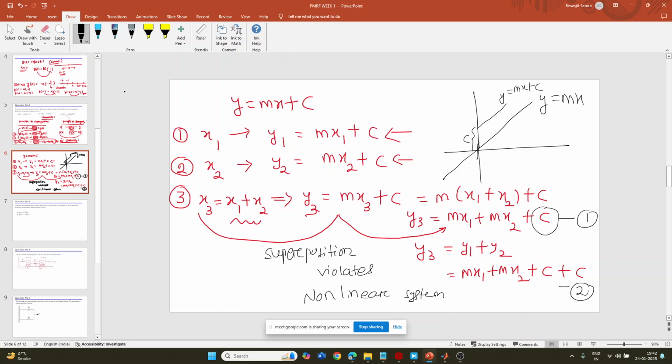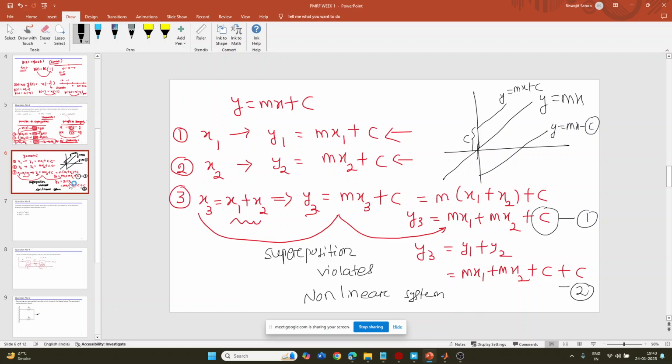If any incremental value is added, the system is going to be nonlinear. Whether y equals mx plus c or y equals mx minus c, if any constant or incremental term is added to your system, then that is going to be a nonlinear system. So by looking at any equation, don't judge it from now. You have to use a mathematical approach, solve the questions and find the correct answer. So y equals mx plus c is a nonlinear system.